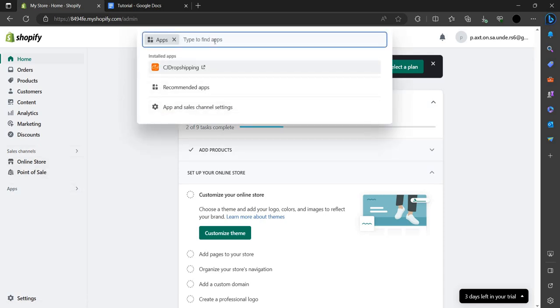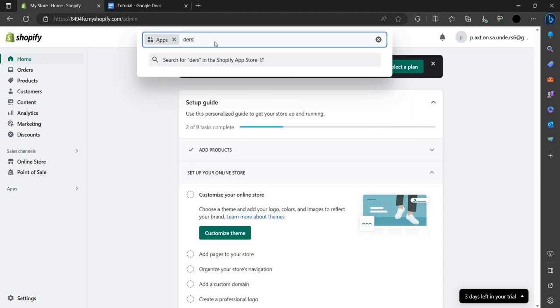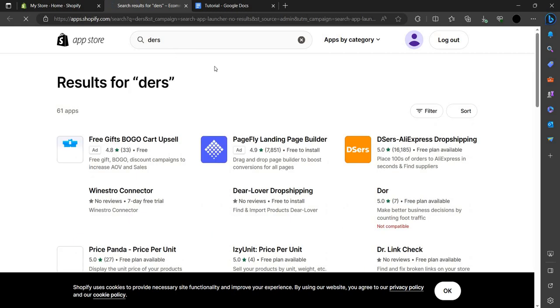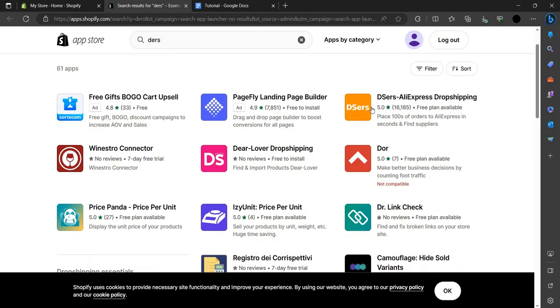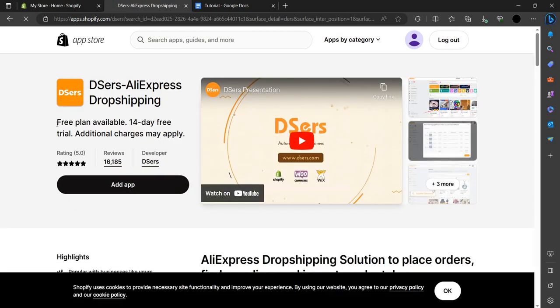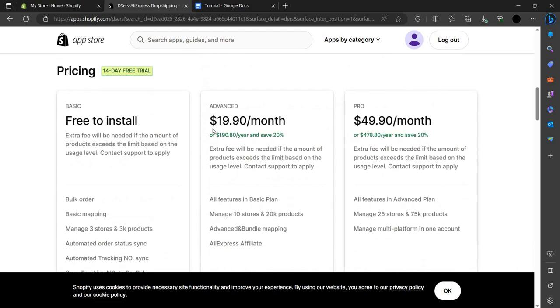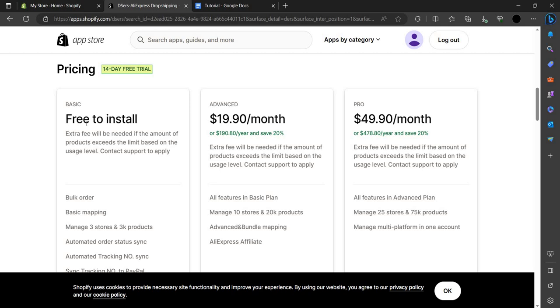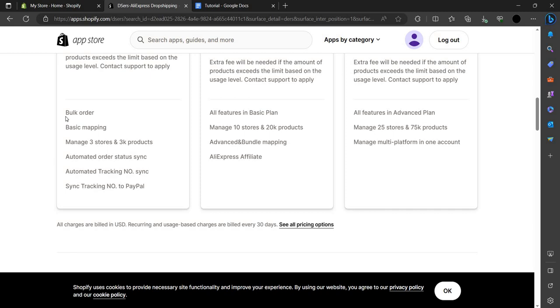Here we can just search for DSers. Okay, so as you can see, DSers. DSers is basically for AliExpress. As we can see, DSers gives us a free plan with a 14 day trial, and it will then charge. It's free to install basically, and it takes bulk orders, which will do the basic mapping, and it